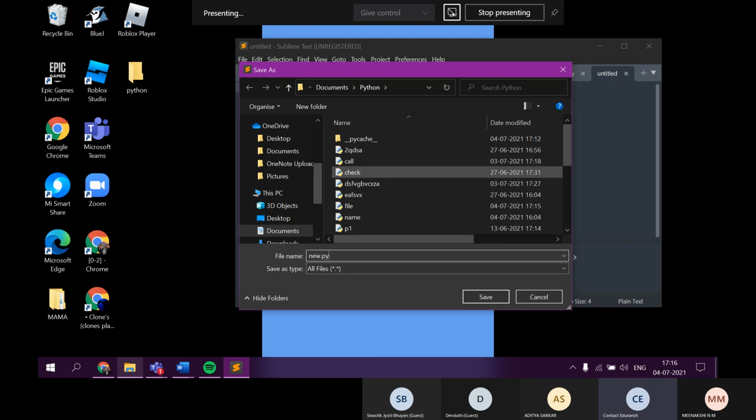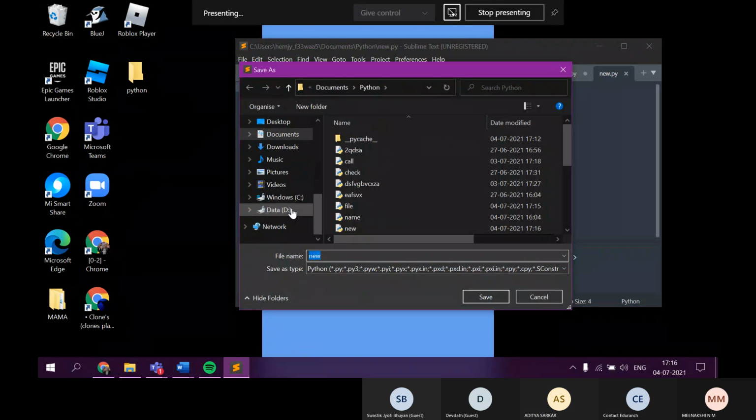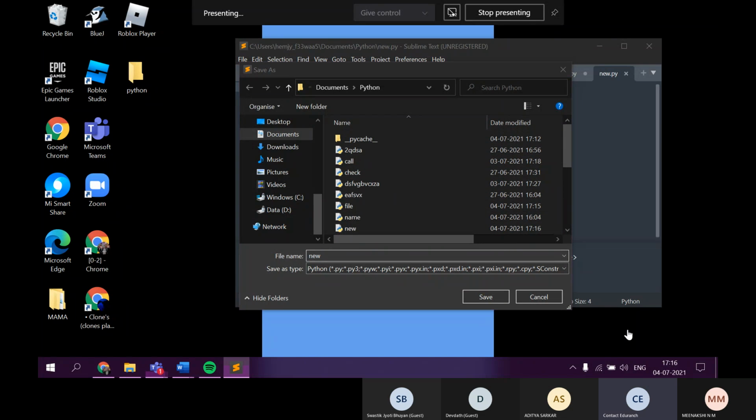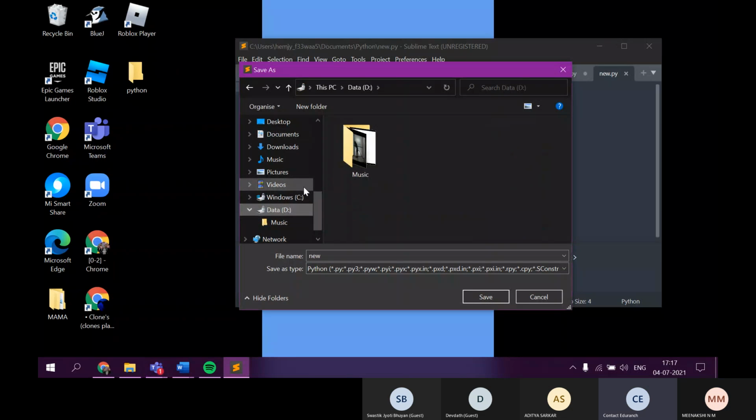Go to D colon. Why are you in such a hurry? Meenakshi, slow. Are you getting late for your game? Hold on, in D colon, it is saving. Okay. Press D colon. Yes, here save as capital S dot txt. That's what your file name is. Capital S dot txt. Save.